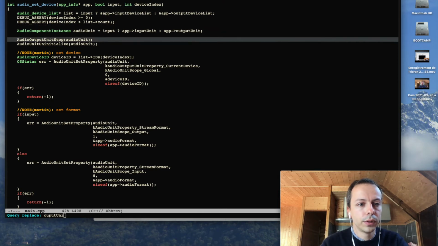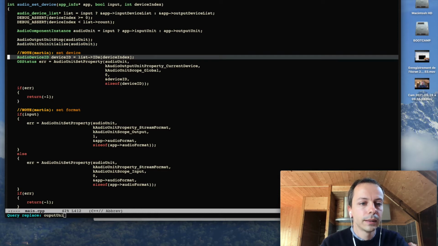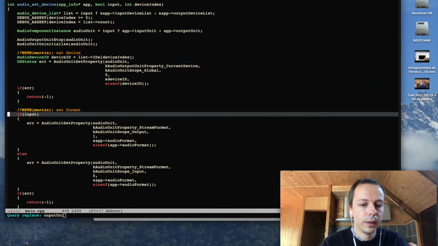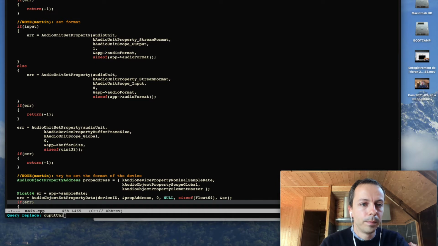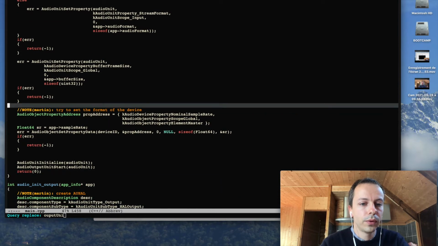is first stopping the audio unit and uninitializing it. You have to do that every time you touch some properties of the audio unit, like the format or the device. And then we set the device of the unit. We reset the format of the unit, which is apparently necessary. And we also have to try to set the format of the device itself, namely the sample rate,